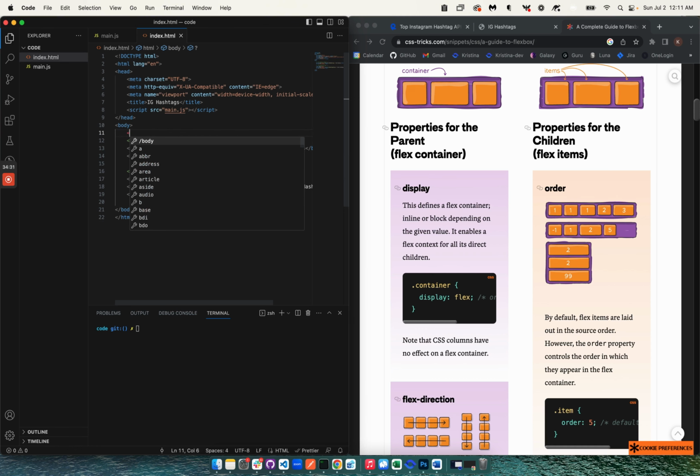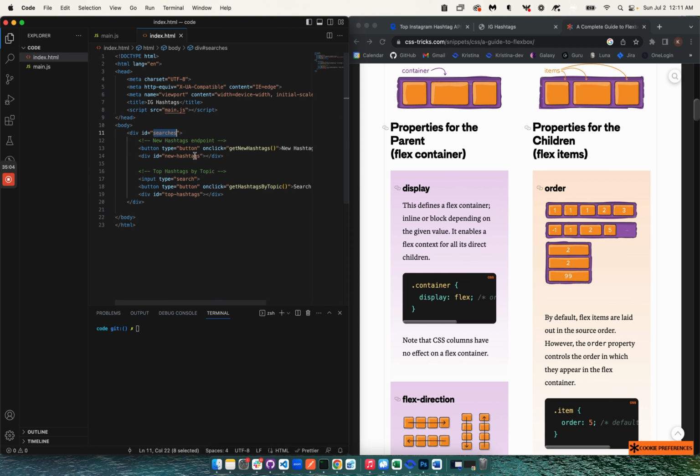So let's do div ID. We'll just name that flex for now. Or sorry, we'll just do searches. That's my naming. Whew. Let's close it in the appropriate spot. Let me just indent that. And then, okay, so now that both of our searches are wrapped in here, let me create a